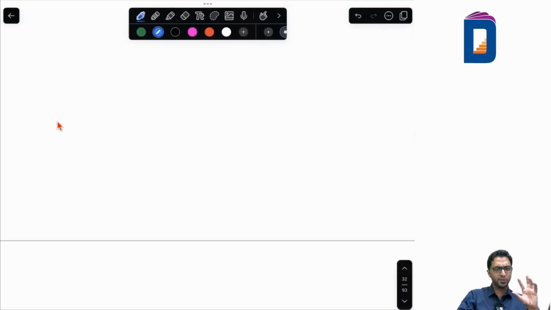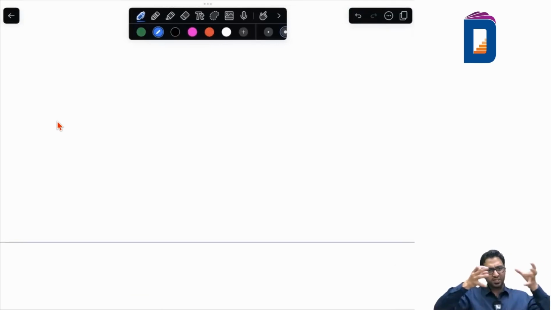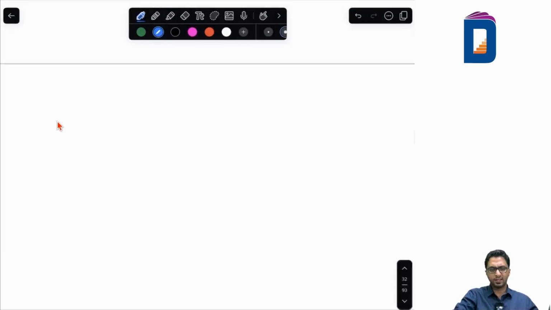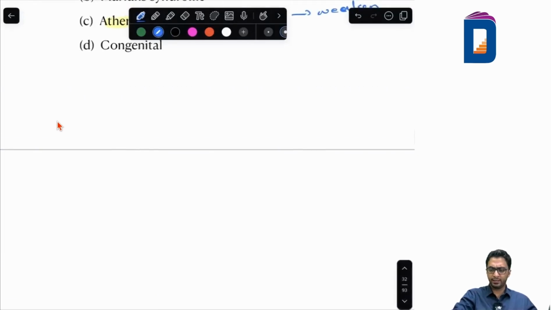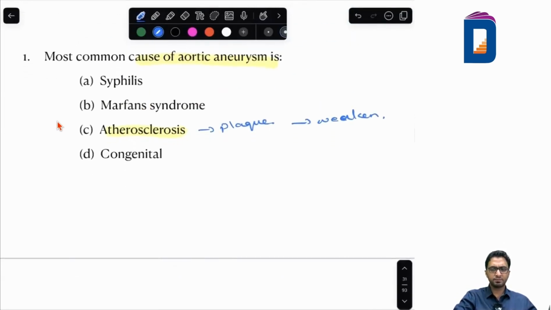I hope you all understood the difference between aneurysm and dissection. Basically, aneurysm is just a bulge, an enlargement or a bulge, you can call it. And again, this is all connected. If you ask the causes of aneurysms, the most common cause, as I've told you, is atherosclerosis. Then if you ask me the second most common cause, again, it is Marfan's, because